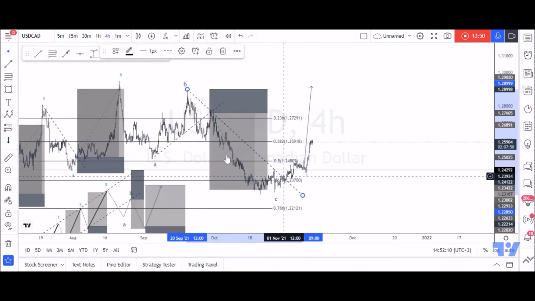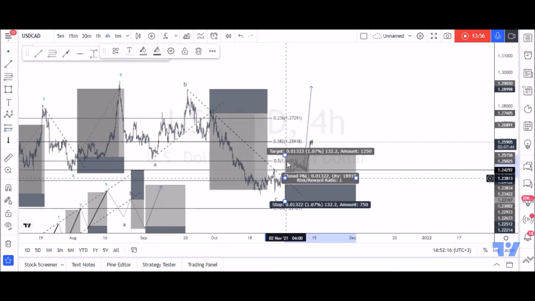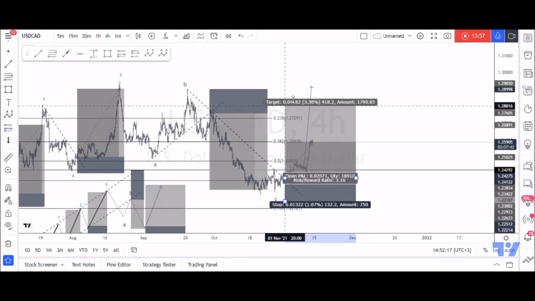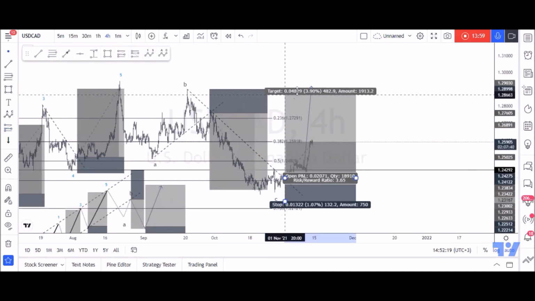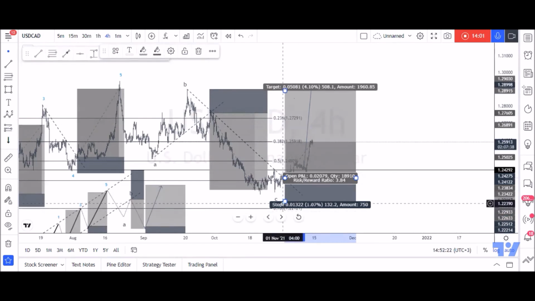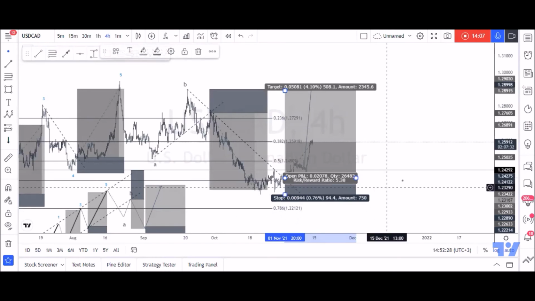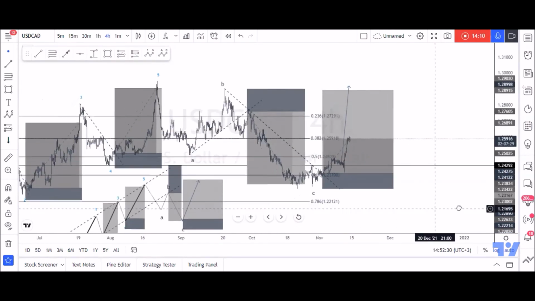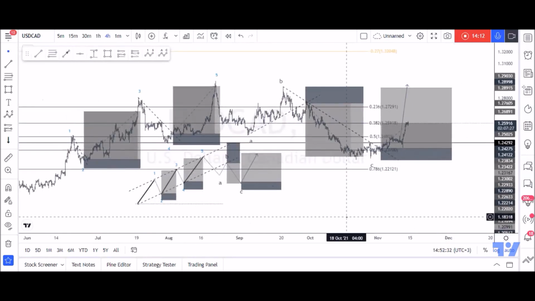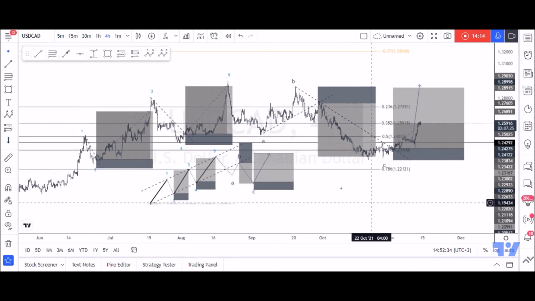So immediately we get a breakout of this level, we buy. Okay, all the way to B or 5. We place the stop just below the market structure, we place it there,